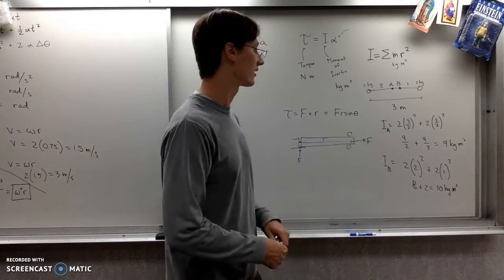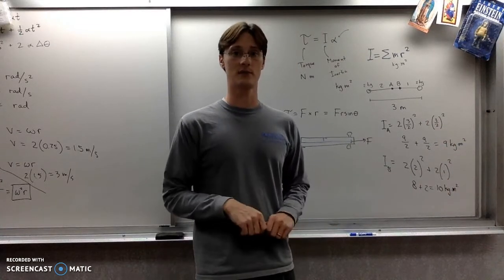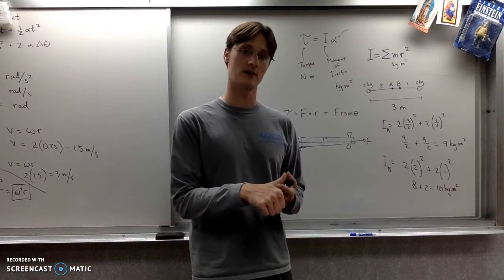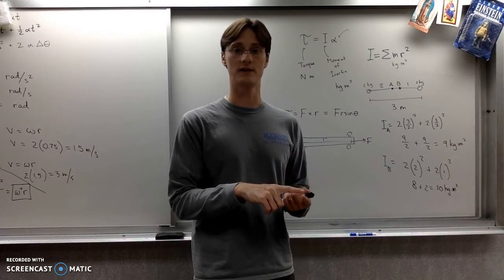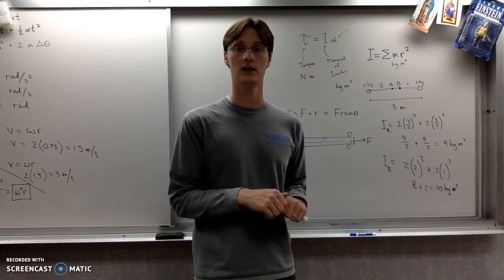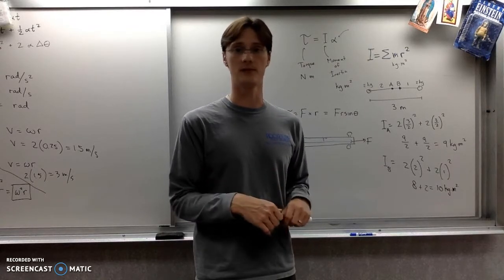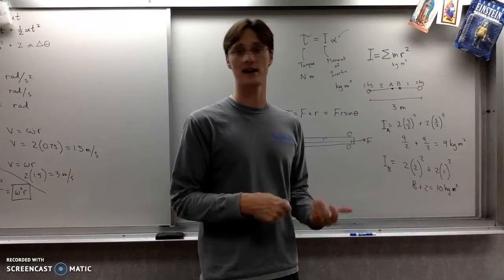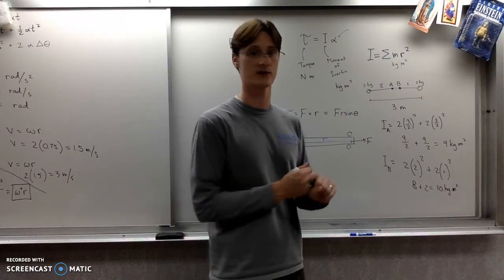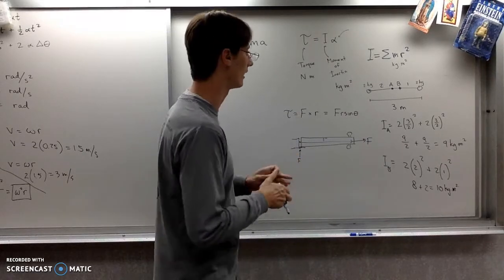Okay, now, there's 2 other things that brings up that we got to talk about. One is center of mass, all right, and then what if it's not point masses? What if it's a continuous solid? So like that metal bar that I brought up a minute ago, okay? What if it's an object like that? How do we calculate moment of inertia for something like that? All right, well,